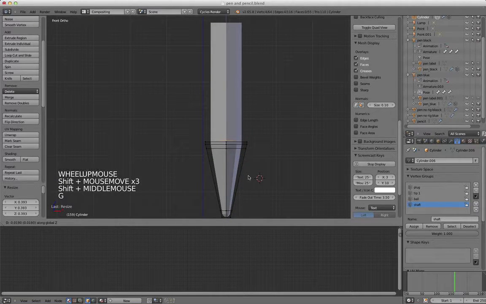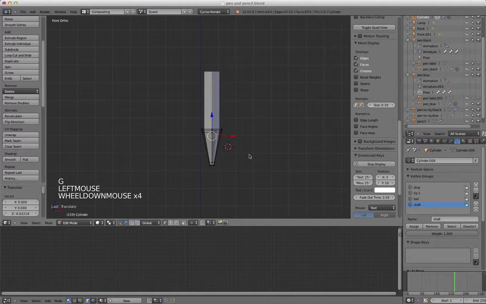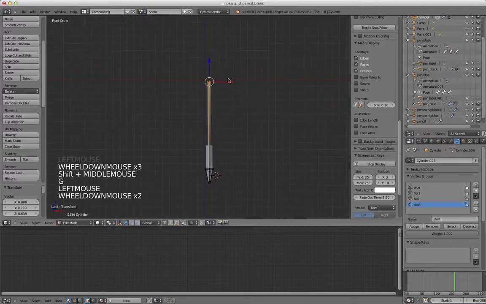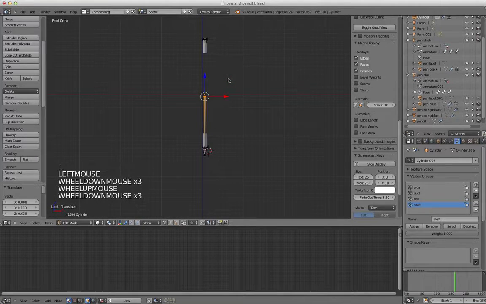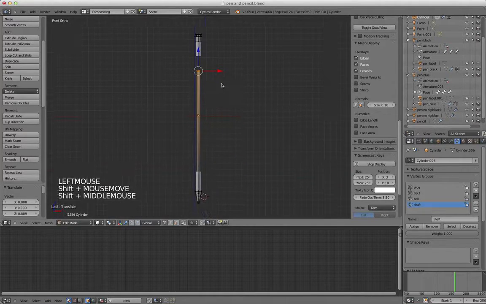So grab Z, bring it down. Let's see, let's bring it down a little more. Okay, so I'm just going to hit extrude Z to bring this up a little more. Okay, so now I need to be able to see those. Oh, I guess I can see the end. Okay, so I'm just going to hit grab and Z. The ink thing doesn't go all the way to the end. Okay, so